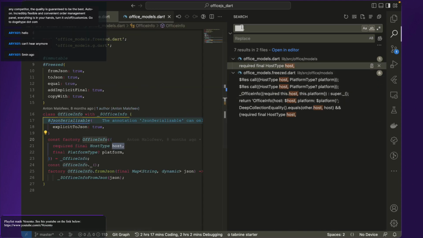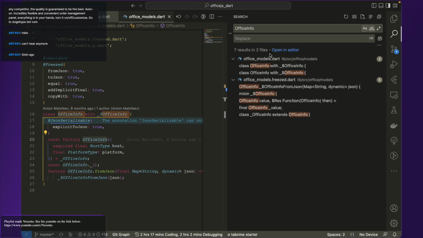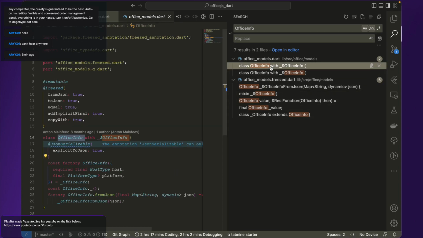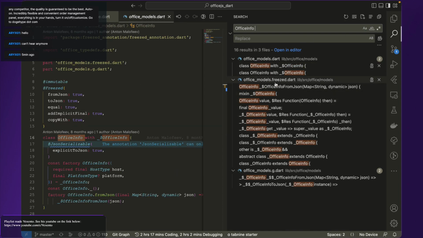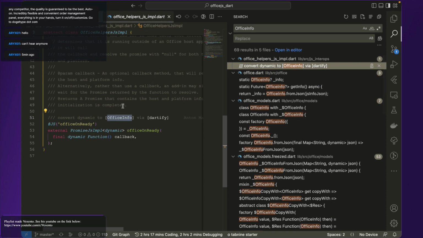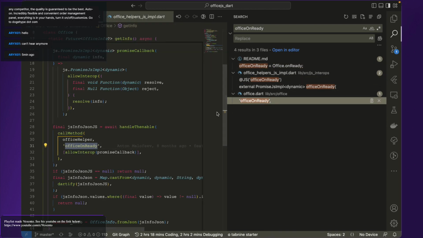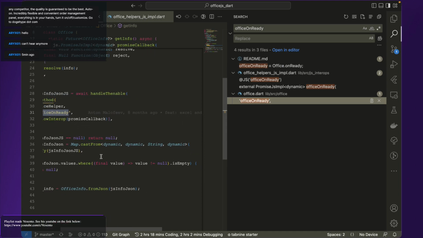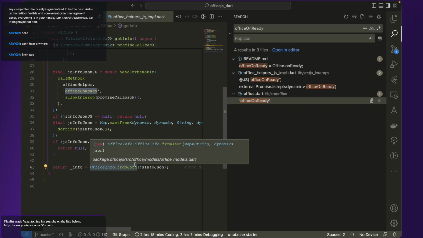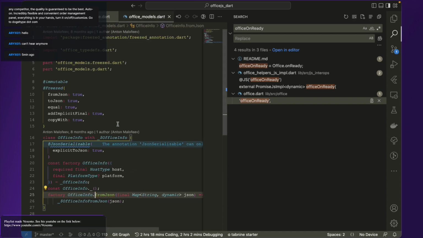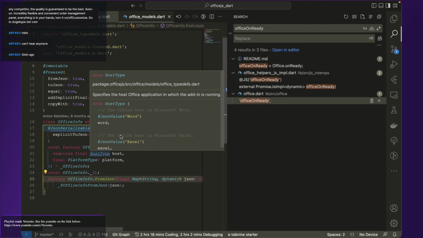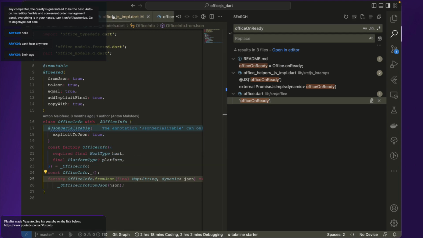Host form. See, so this is just a JSON and host type would be just a JSON value. Okay,